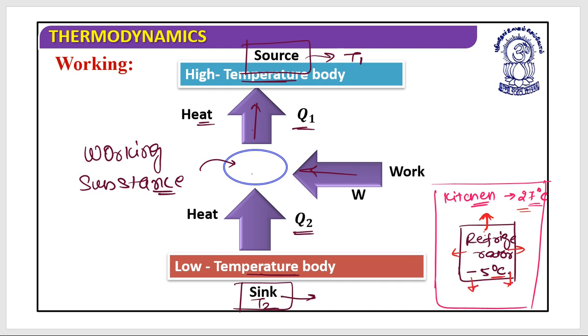Now this flow would be very easy if the surrounding were at a lower temperature, but unfortunately this is not possible. You cannot keep your kitchen at minus 5 degrees Celsius. I hope you understand this. The surrounding of the refrigerator will always be at room temperature, so the situation occurs that you need to perform work instead of getting work. I hope this is clear. Do you understand what I mean to say? Have you got this?